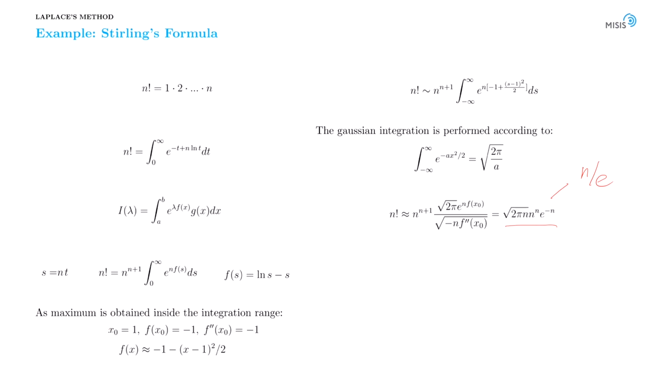let us compare it with our previous naive estimation from the integral. And as you remember, by our naive qualitative reasoning, we found out that n factorial should be of the order of n over e to the power of n. And as a result of this more accurate treatment in terms of Laplace approximation, we found out that there is at least an important factor, which is the square root of n.